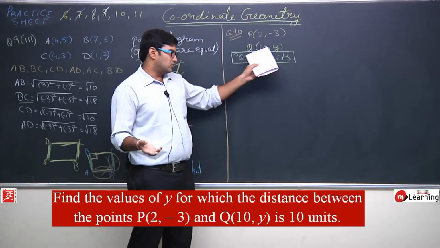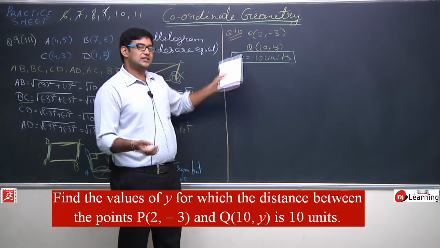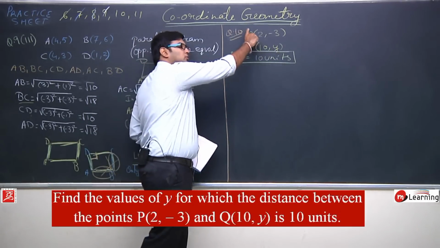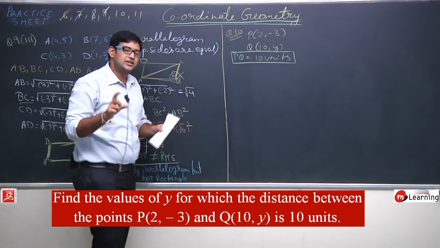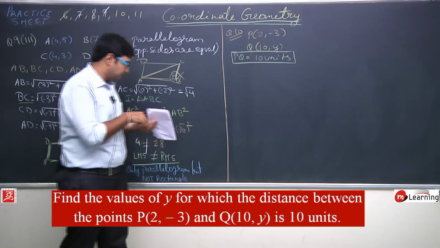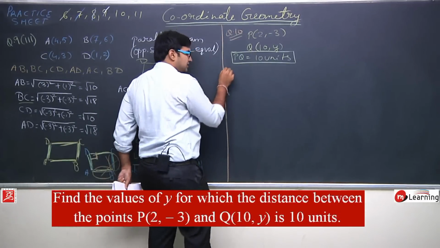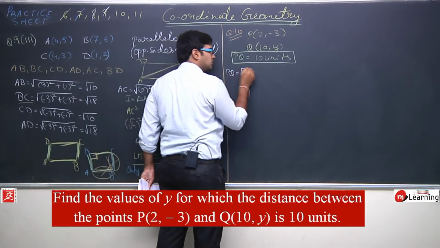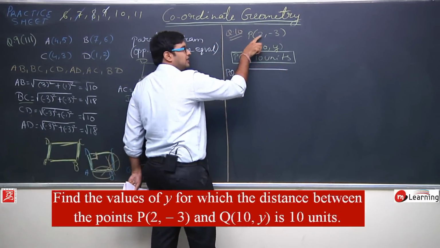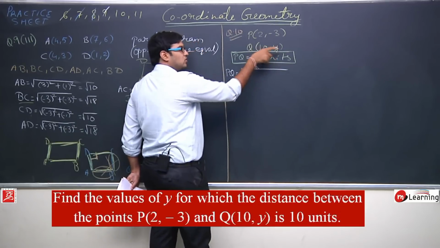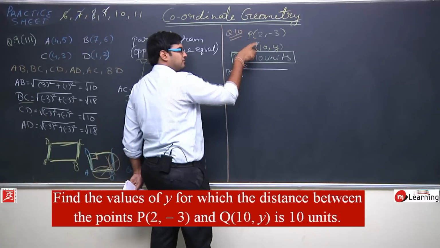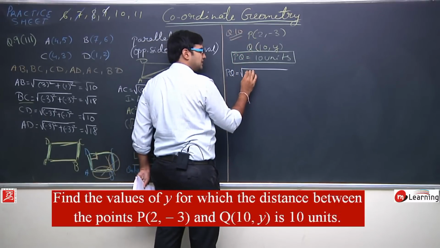What you need to do to determine the value of y, let us calculate the distance between these two points by using the distance formula. According to the distance formula, PQ will be the square root of, this will be x1, y1, this will be x2, y2. So x2 minus x1 will give you 10 minus 2, that is 8,